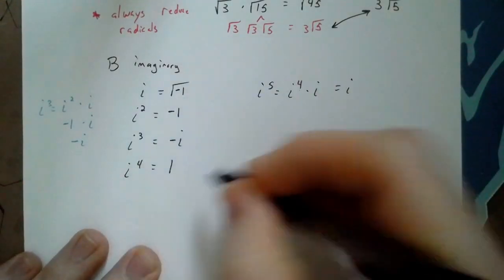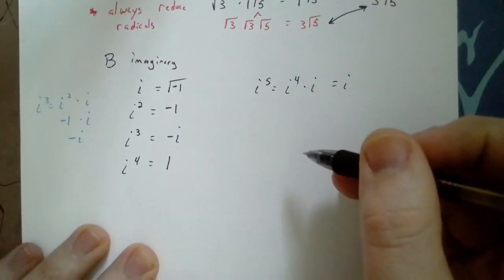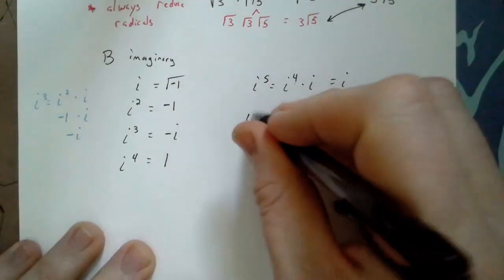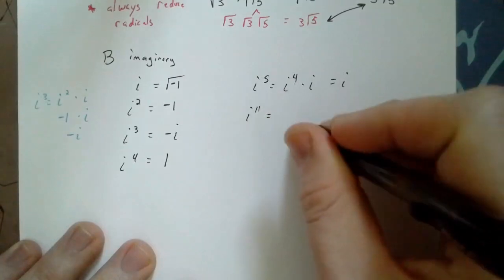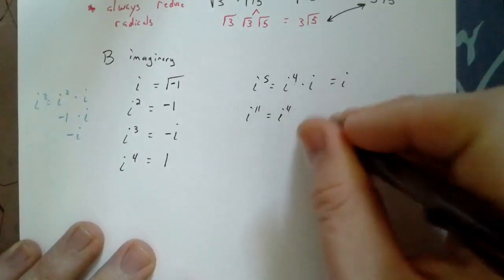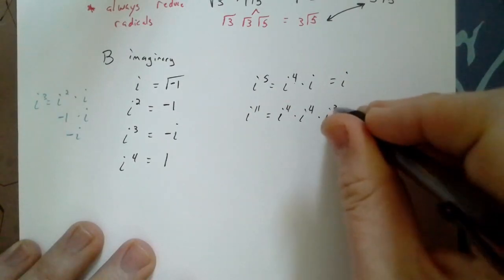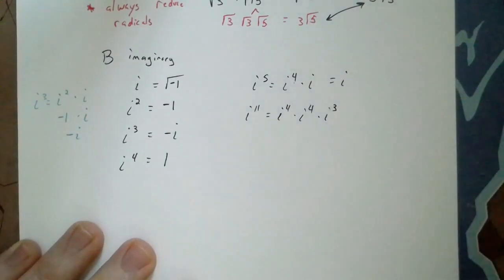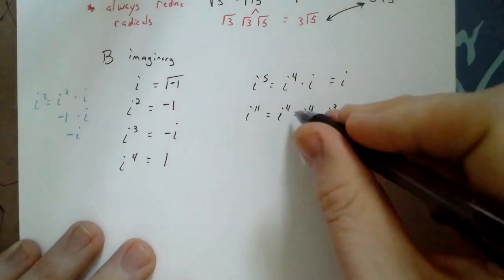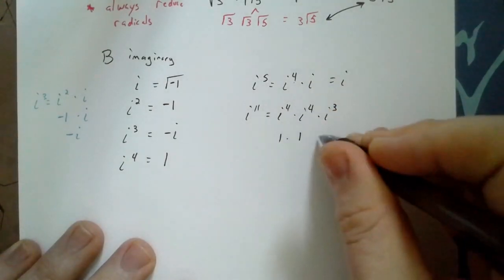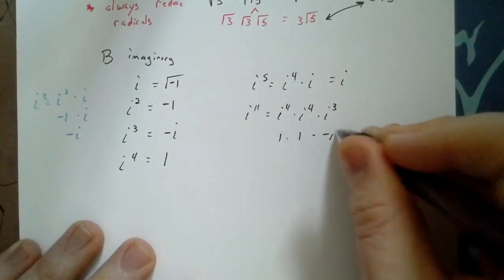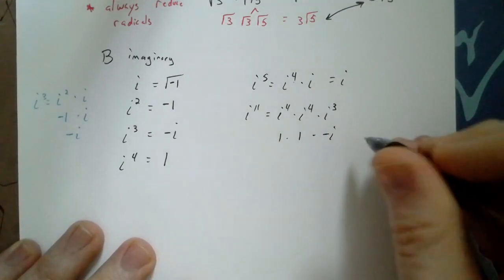So these cycle back. These are really the only four possibilities with i, right? Again, just so you know, if we do i to the 11th, that's going to equal i to the fourth times i to the fourth times i cubed, right? 4 plus 4 plus 3 is 11. Now i to the fourth is 1, and i cubed we know is negative i. So I'm left with 1 times negative i, which is